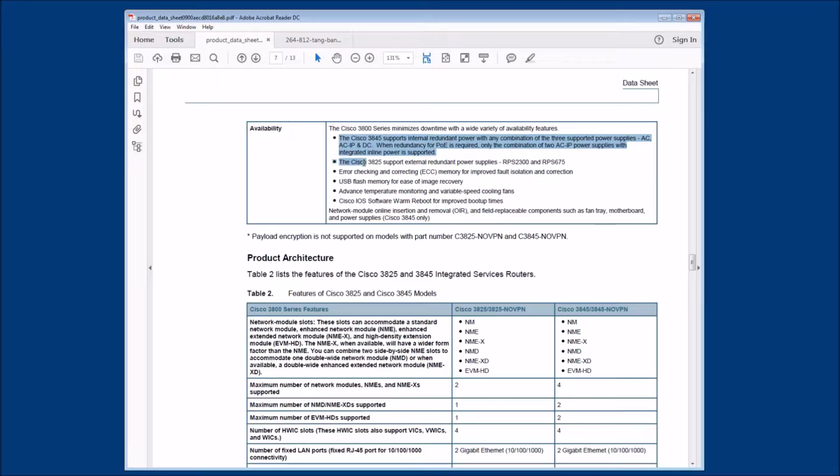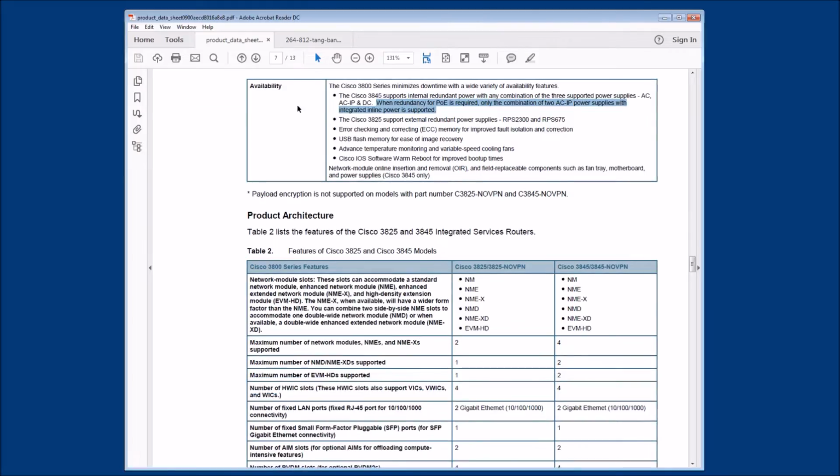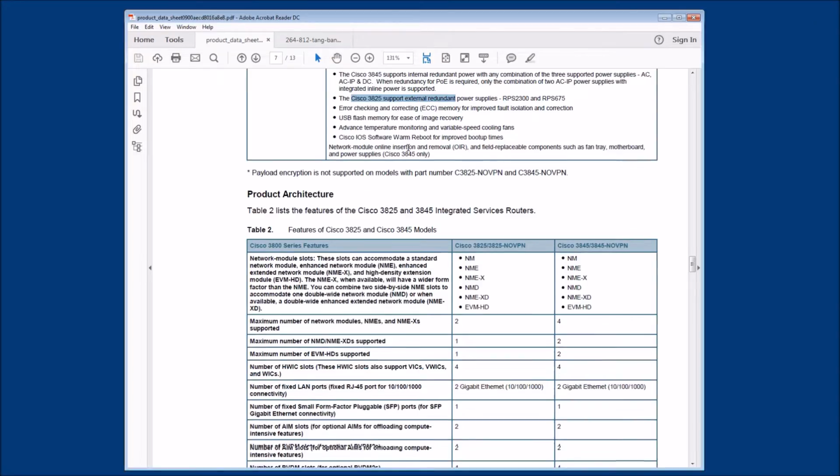Okay, so it supports the internal redundant power supplies, which we don't have. AC, DC, okay. AC, IP, and DC when redundancy for PoE is required. Oh, okay, that's interesting. Yeah, if they don't care about 3825, error checking. Yep, everyone's got that. Yeah, that's nice about these is so